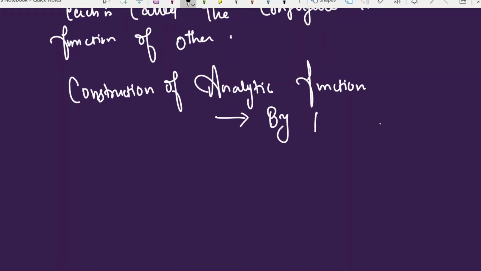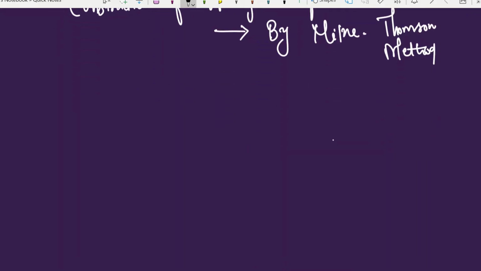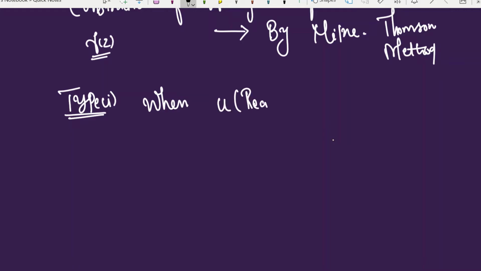For constructing analytic function f of z, you need either the real part or the imaginary part. So first, type 1, when u is given, that is the real part, u is given,